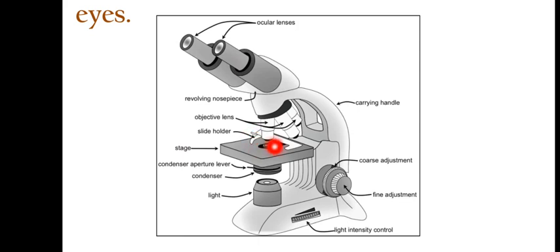We place a slide on which the organism is placed in a medium, and when the light passes through it, we put some color dye or pigment onto it, so that the organism can be visible to us through the ocular lens. The light passes through the specimen, then through the objective lens, then the image goes to our eye through the ocular lens. This is how we can easily see the organisms with the help of the microscope.